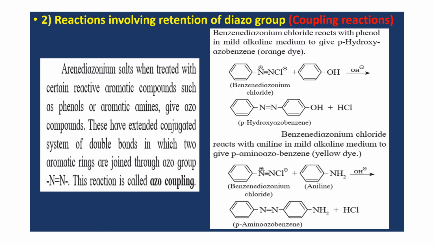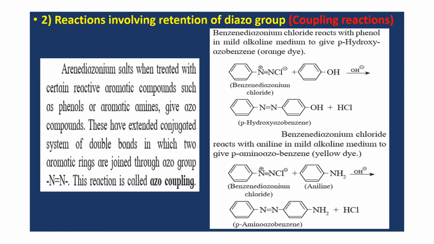For example, when benzene diazonium chloride reacts with a phenol in mild alkaline medium, it gives para-hydroxyazobenzene, which is an orange dye. The equation is benzene diazonium chloride reacting with a phenol. Here the hydrogen atom of phenol combines with the Cl to form HCl, and the benzene diazonium group gets attached to this phenol. So it is forming para-hydroxy. This is the para position,